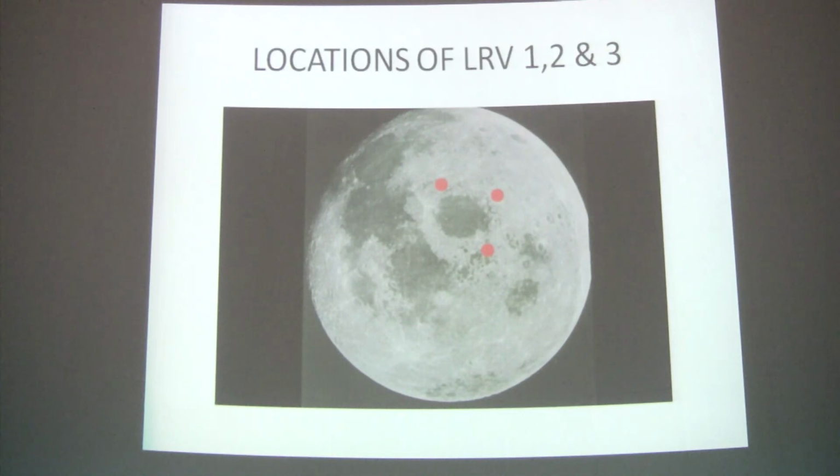Okay, now this is the end of my slide presentation, and now I would like to show a very brief video showing the rover actually riding around on the moon. We were successful in persuading NASA and the astronauts that on the Apollo 16